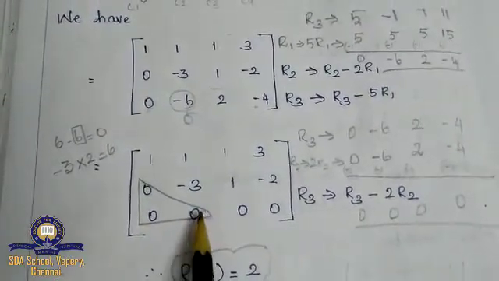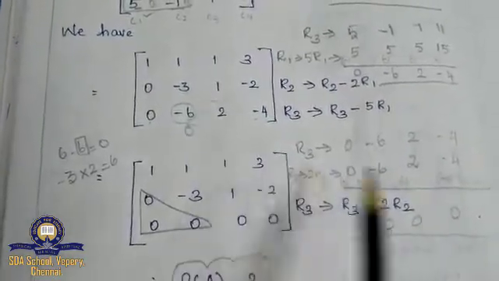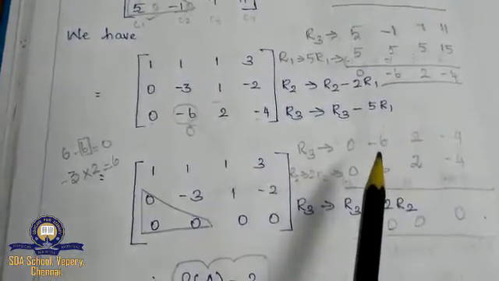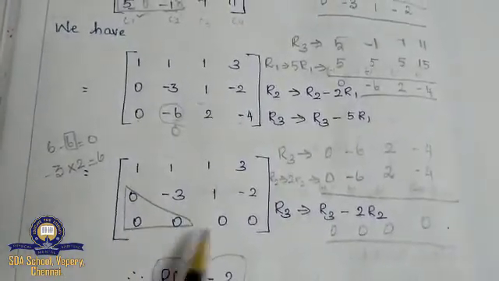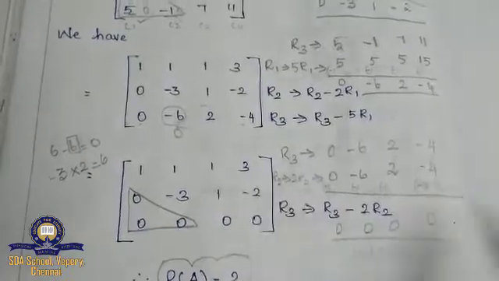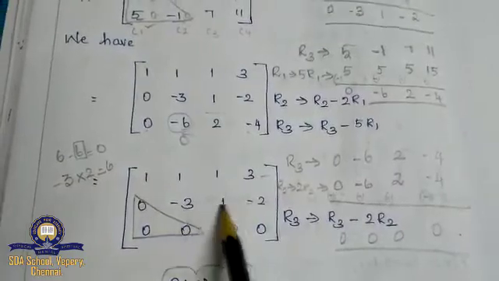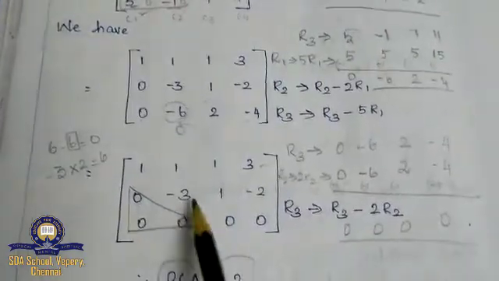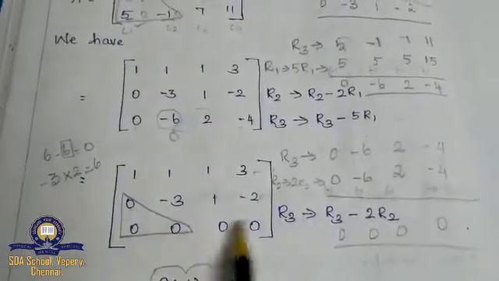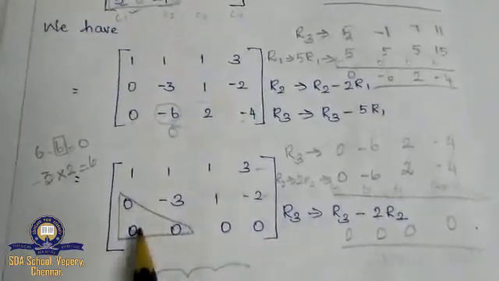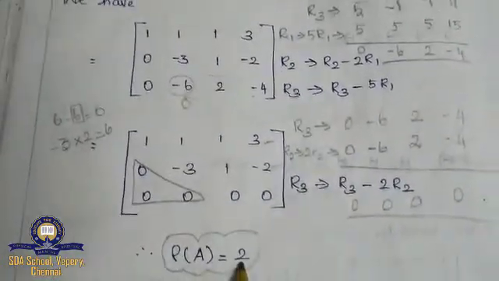After that, you have to see the rows, that they should have some number other than 0. Any one 0 we can have, but the row should not have all the elements as 0. So see, my first row I have some elements, and my second row I have elements and also a 0, but that doesn't matter. But row 3, I don't have any element other than 0. So what is the rank? This is 1 and this is 2, so my rank is 2.